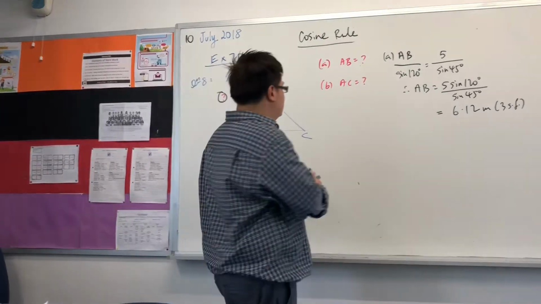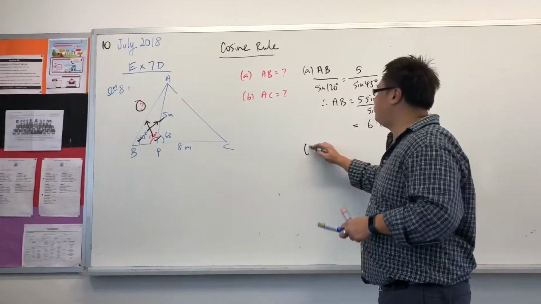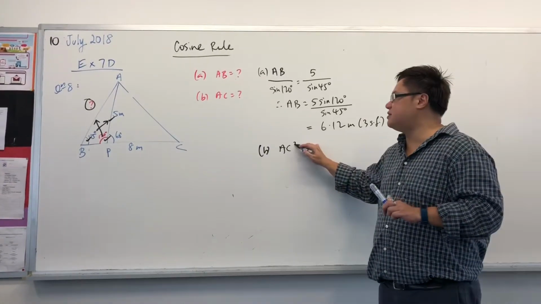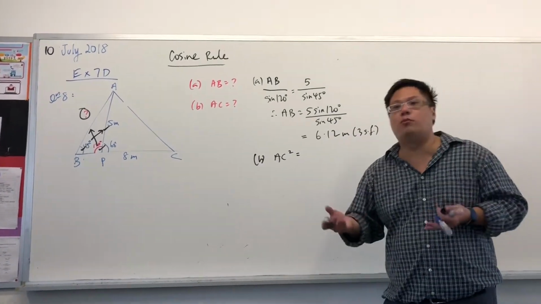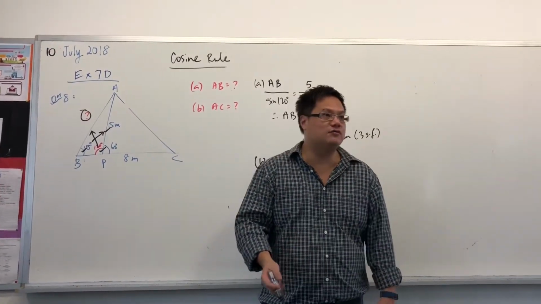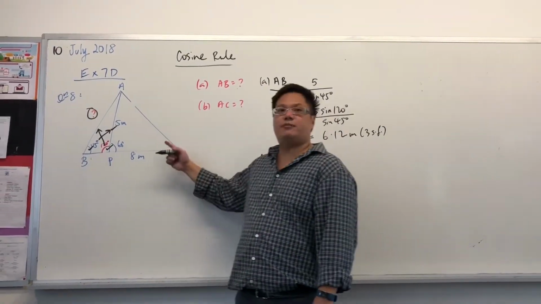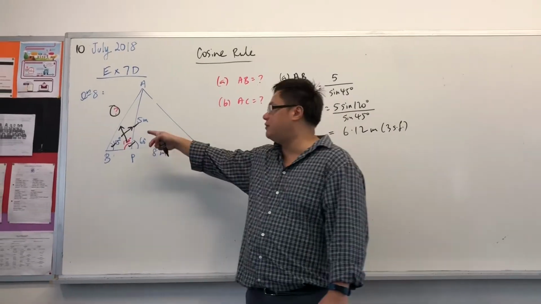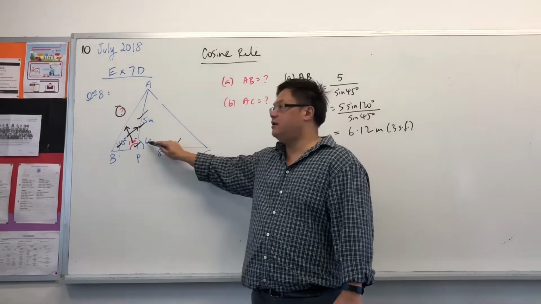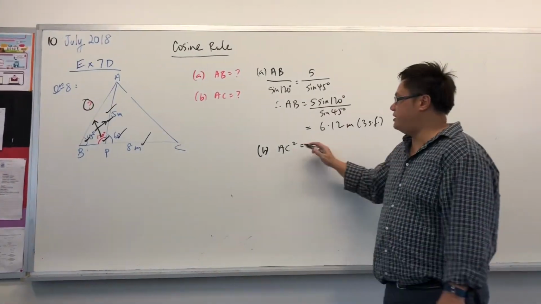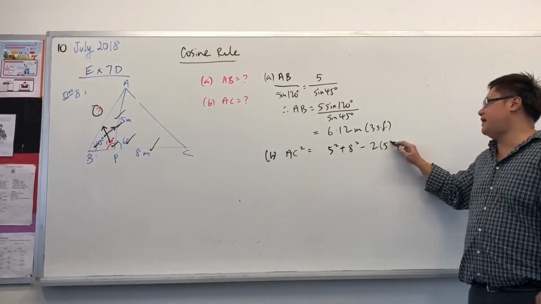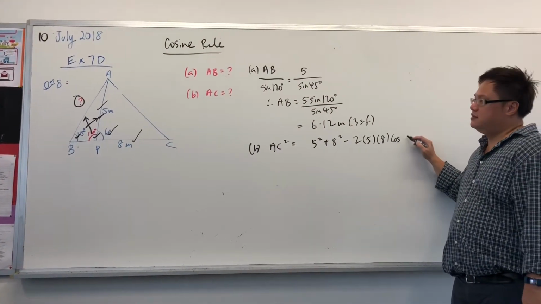Now, how do you find AC? Can you use Pythagoras theorem? No, because it's not a right angle triangle. So before I consider sine rule or cosine rule, I ask myself, do I have the bread and patty? Do I have the bread? Yes. Do I have the other bread? Yes. Do I have patty? Yes. There you go. So AC square equals 5 square plus 8 square minus 2 times 5 times 8 cosine 60